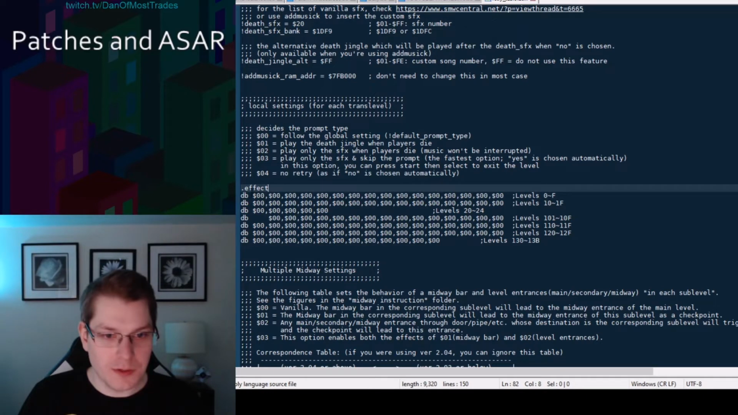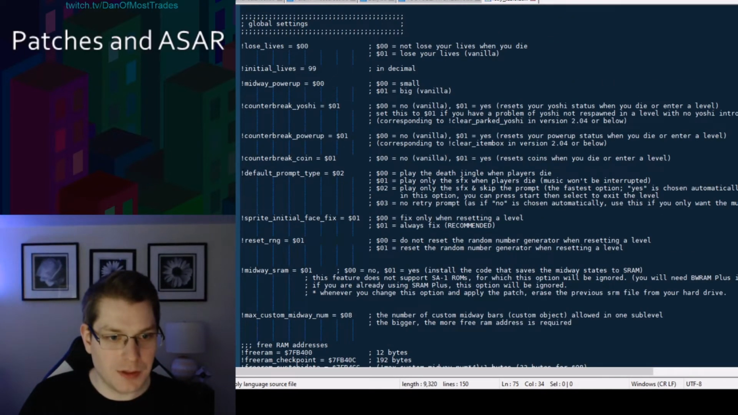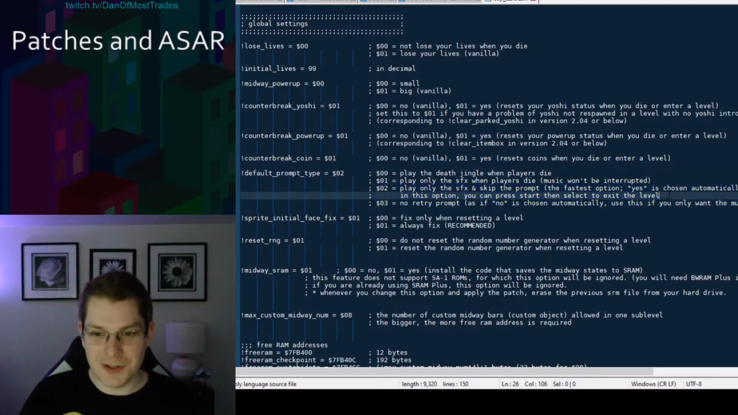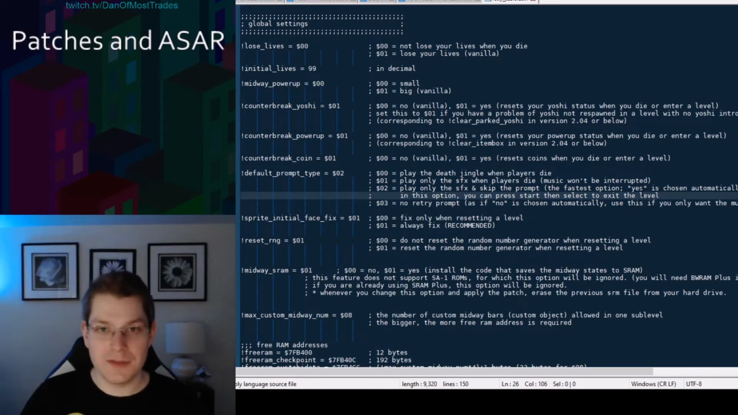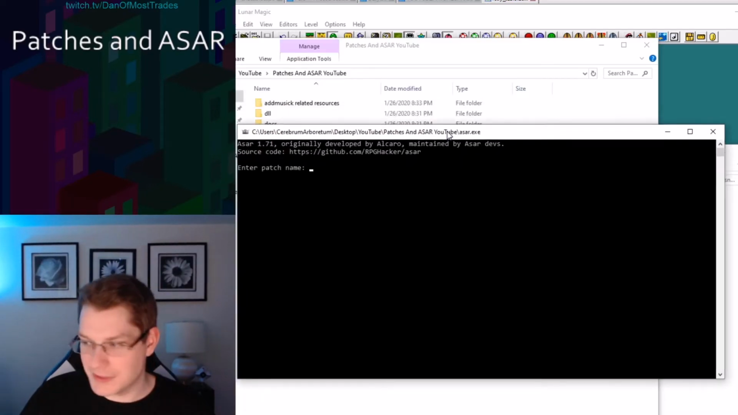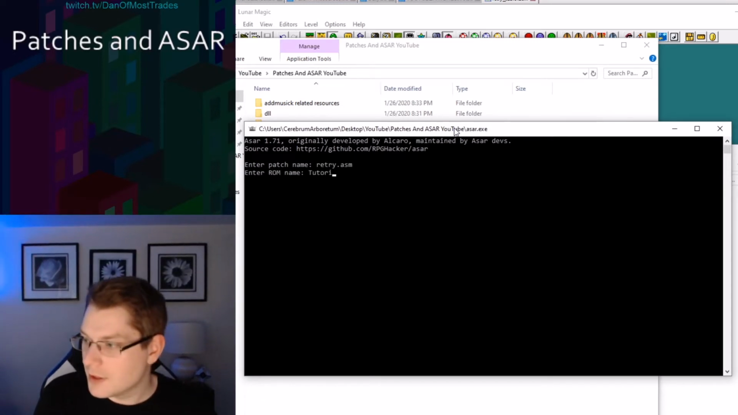and now we're all happy. So just to recap, we're leaving this table the same because they're all using 0, 0, meaning follow the global settings. And we went to the global settings right here, and we set this to 2, which is the good one, where it chooses yes automatically. So this is instant retry. And now we're going to save. We're going to open up Asar once again. We're going to type in retry.asm, and we're going to type in the name of